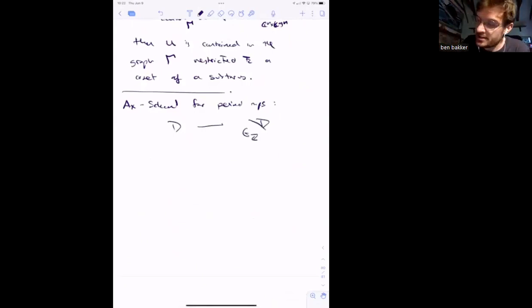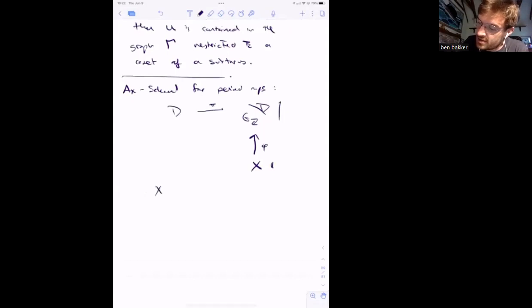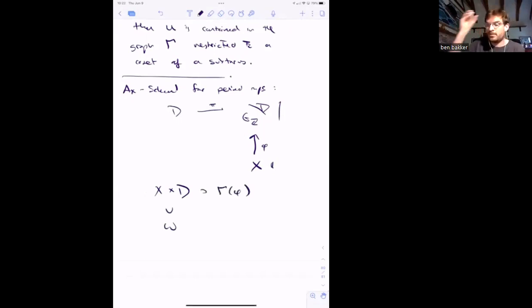Let's call this pi. Suppose we have an algebraic subvariety. We have to be a little careful because there's no algebraic structure on this guy, but if we give ourselves a period map, then this has an algebraic structure. So now we can talk about, inside X cross D, if we have some algebraic subvariety, and on the other hand the graph of the period map,